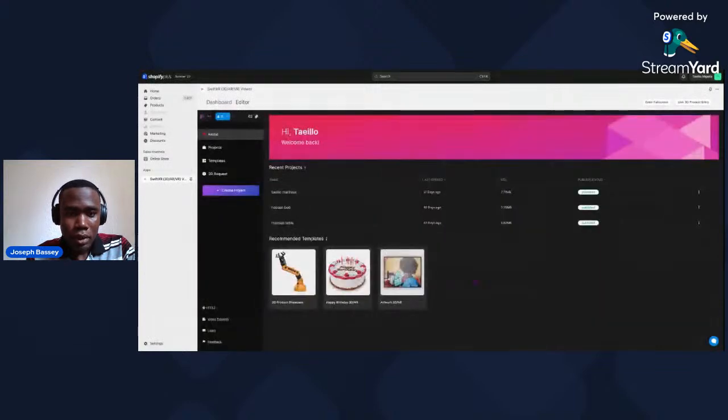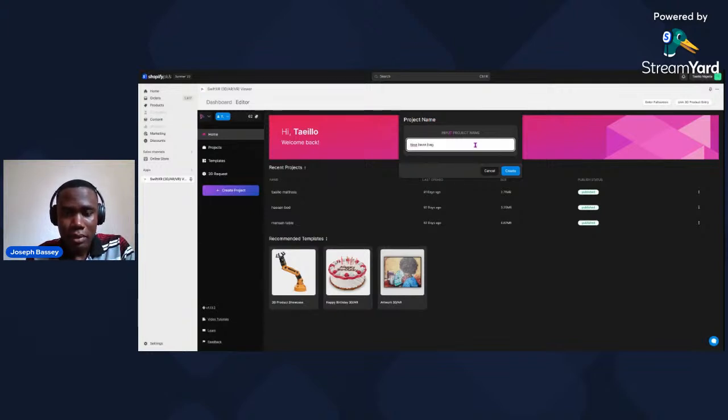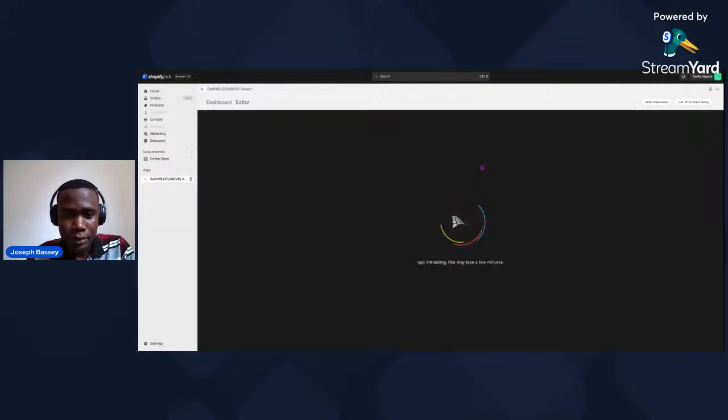Okay, so this is your playground at the moment, the hub, and you have a button here called Create Project. This is your starting point. So a project is basically like an entry. You create an entry for a product. So when you click on Create Project, you give it a name. We have a product called Tiwa Bean Bag. That is what I want to name this particular product. And I click on create,